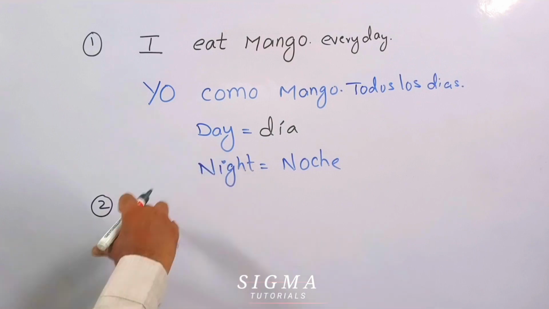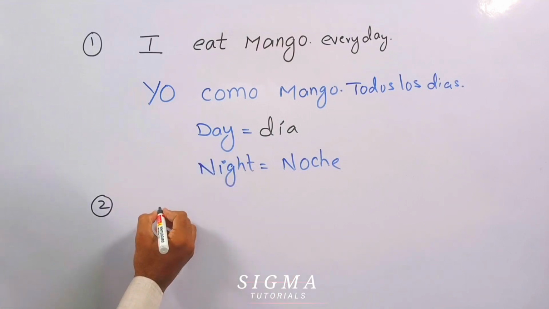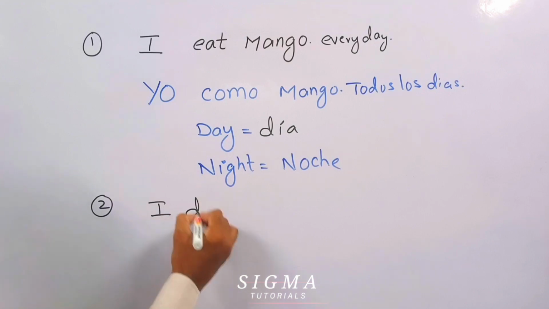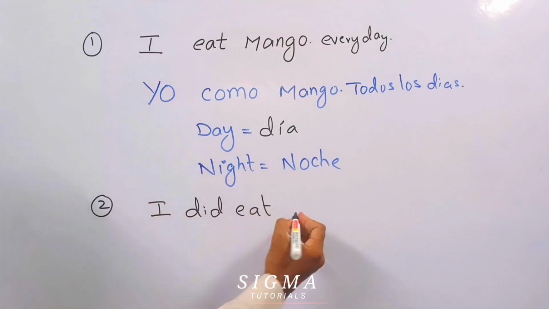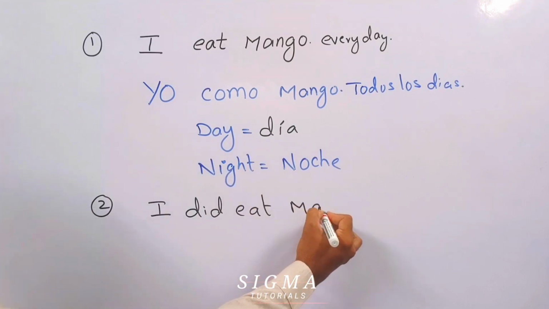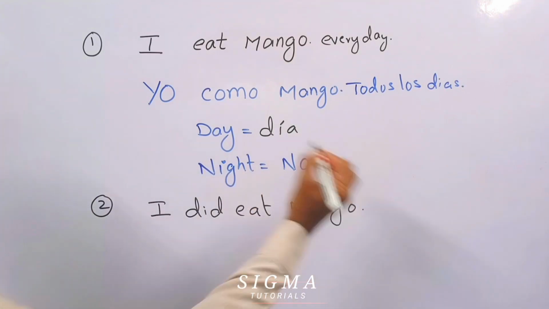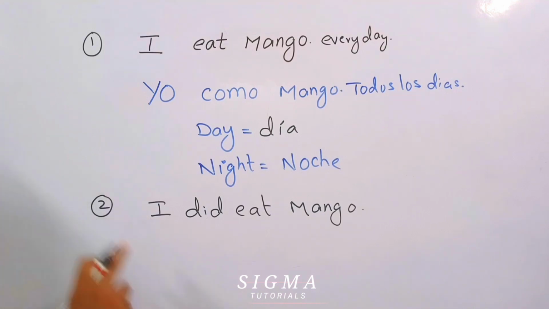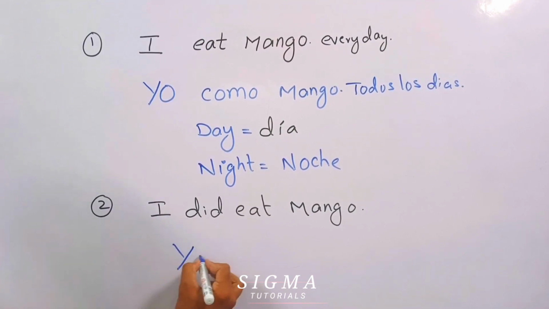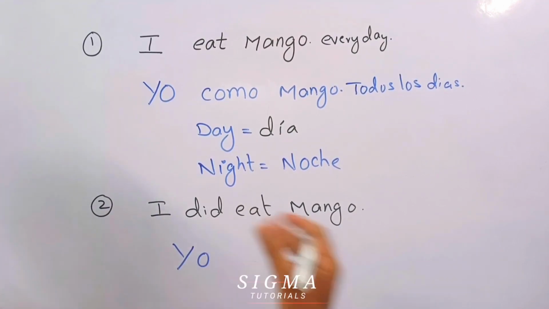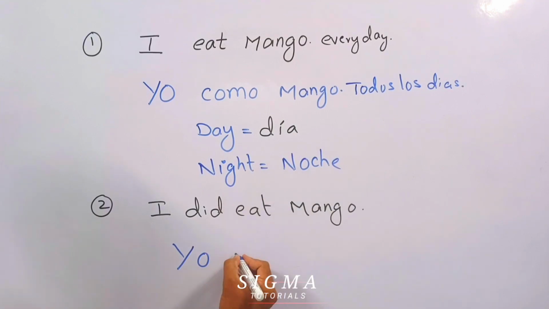Now let's say the next sentence. We'll talk about the past, simple past. If I have to say I did eat or I ate mango, how can I say this? I did eat mango. It's very simple. I means same, yo. Did eat means we are talking about the past. So we can write comí. Yo comí